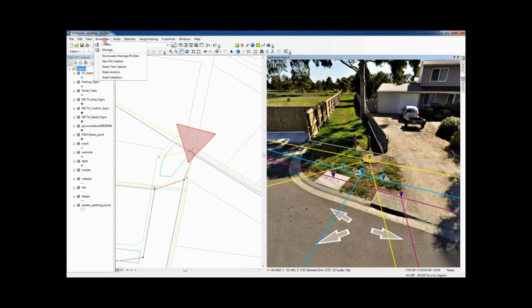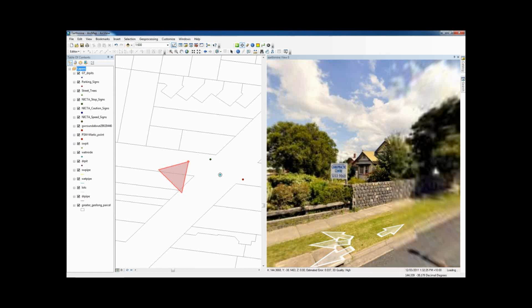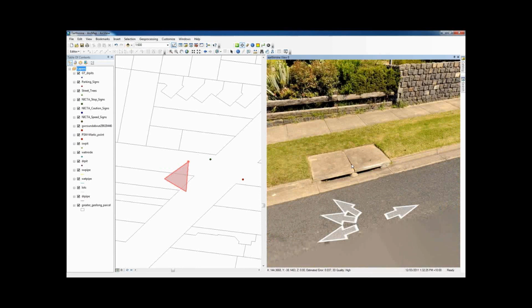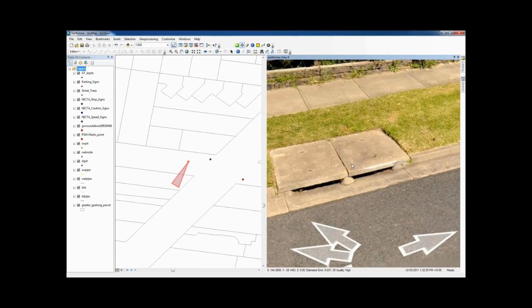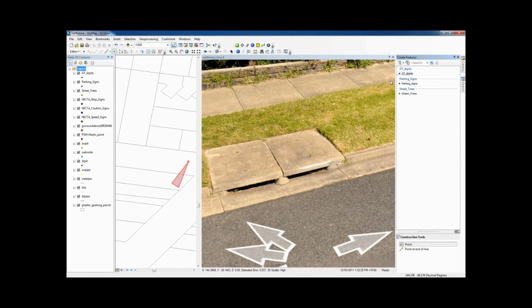So what I'll do next is I'll just jump to an area where we could use it to actually capture data into our GIS by using the imagery. So here I've got an area, I've got a couple of pit covers on some stormwater here, and you notice that there's no entity in the GIS environment. And so what I want to go and do is go and add that particular layer as my active layer. And I'm just going to select the drainage pits layer,